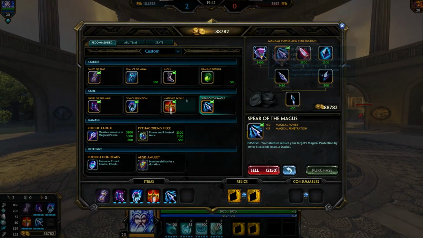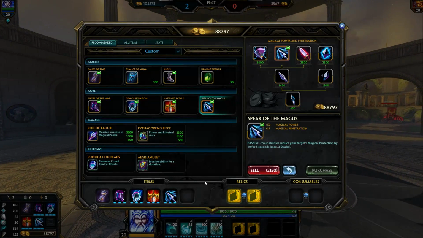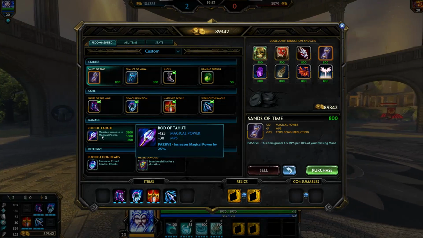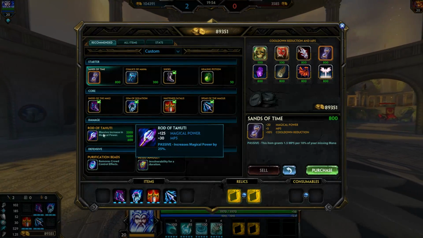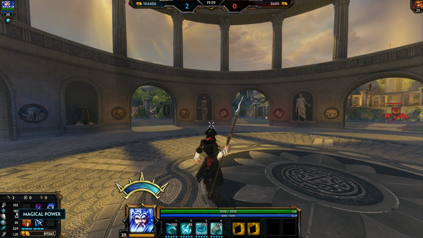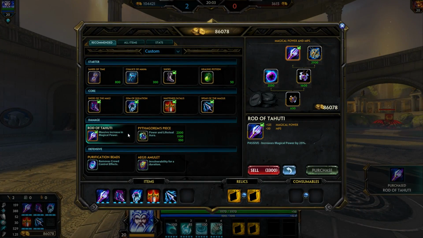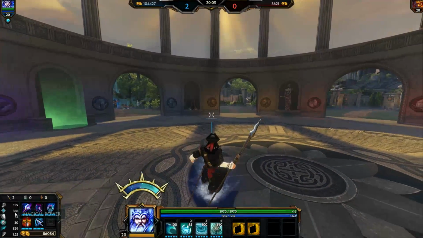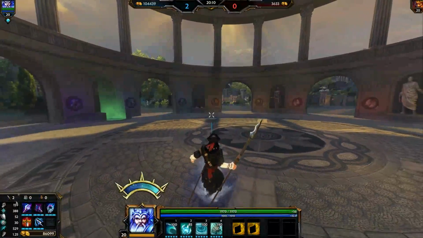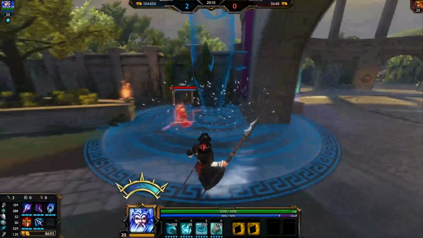Then I like to get the last 2 items, which can be switched around, because I like to get Rod of Tahuti next, as it's a massive power spike. It's either 185 magical power here, that 185 goes straight to 388. That is over double the power. That will make your Kraken start really hurting,